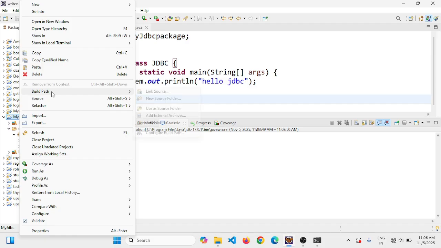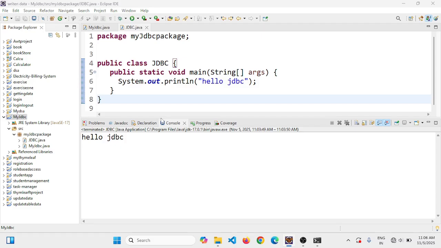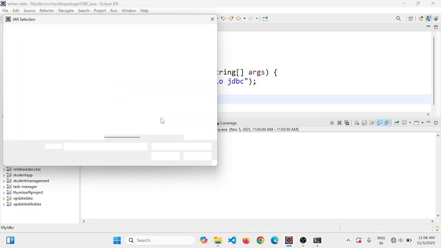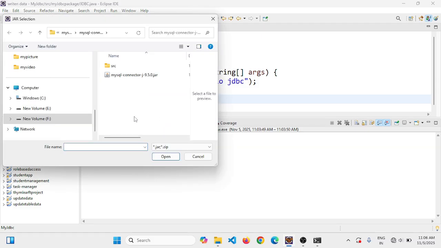You will have to go to the build path, and go to add external JARs, means add external archive, right? When you go to this pop-up here, you can see there you will have downloaded the MySQL